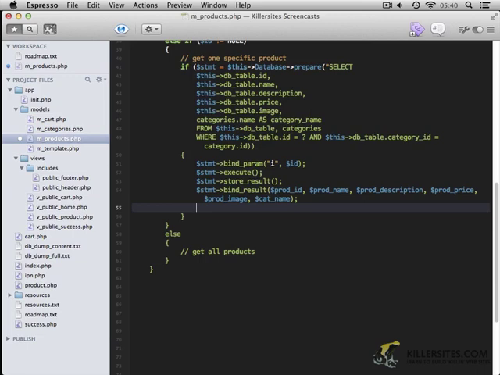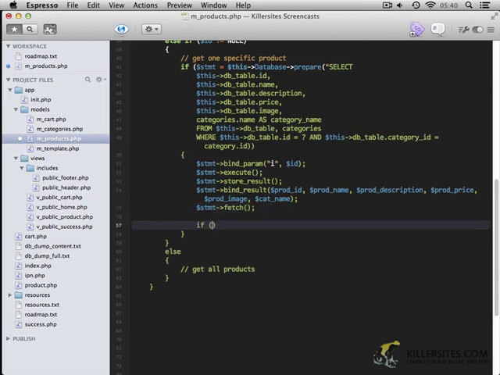Once all of those are in place, then we do stmt fetch to actually retrieve that information, and we check if there are rows to display. So if stmt num_rows is larger than 0,